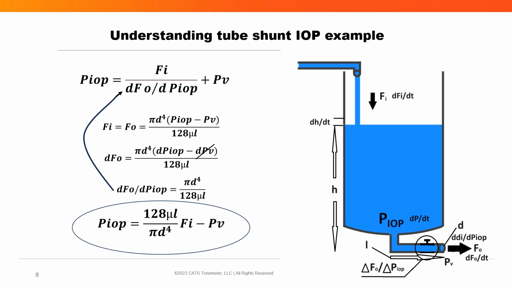Now, what does this solution tell us about tube shunts that the classic Goldmann could not? It tells us that it's modulated by the reservoir pressure. It also tells us that it's affected by the length of the tube and the viscosity of the fluid. And we know this intuitively, by cellular debris and fibrin in the anterior chamber greatly increasing the intraocular pressure. Most importantly, it tells us that the diameter of the tube is the primary factor, at a power of 4. So any variation in the manufacture of these tubes and that internal diameter would make a huge difference in the